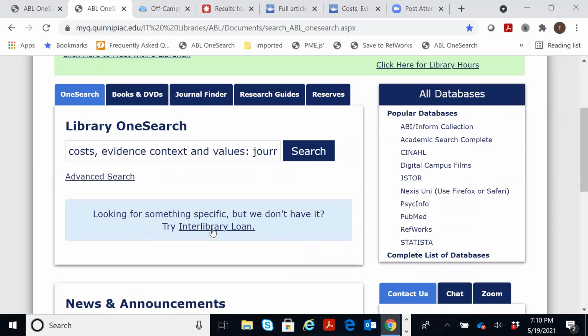If the library does not own a particular journal article, you can always request it through Interlibrary Loan. It's a free service. It doesn't cost you anything. And it usually only takes a few working days to receive an article, hopefully, depending on if the lending library is open right now. When you go into Interlibrary Loan right here,